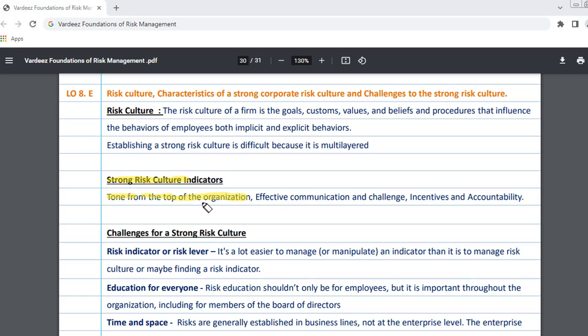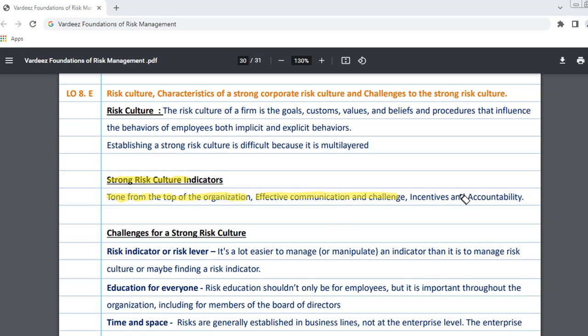The other example could be the compensation plans. Does the compensation plan of the firm encourage risk taking behavior? So these things will help you to identify the tone of the top management. The next indicator for a strong risk culture is effective communication and challenge. Now here we check whether any person may have an opposite view, a differing view from what management thinks. So is that opposing or differing view being valued? This is how we find out about this particular aspect, and this also lets us understand the risk culture in